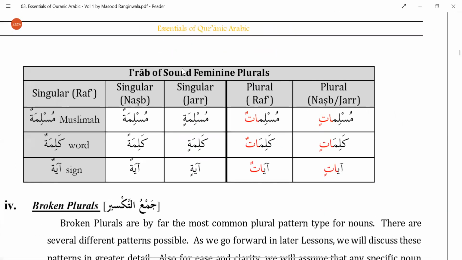Here there is an example given. Muslimatun. Muslimatun is a female Muslima, female Muslim. When you stop on this word, you will not read this last haraka. So you will read it as Muslimah. That's where the Muslimah comes from. Muslimah is a female Muslim. So Muslimatun, Muslimatan, Muslimatin. Rafa, Nasb, Jar. Muslimatun. So you see the ta is dropped and you add atun. That is Rafa. Nasb or Jar is Muslimatin. Same way you will go over Kalimatun and Ayatun and have a look at that.